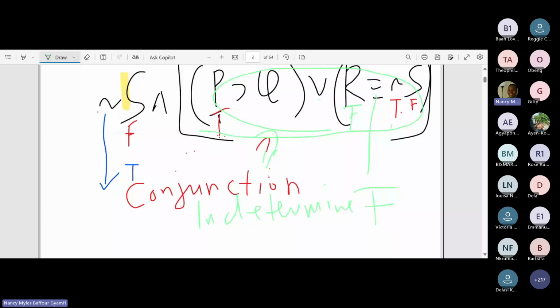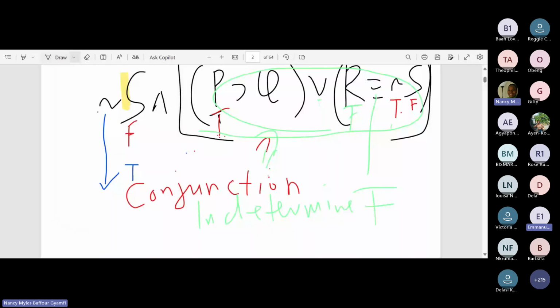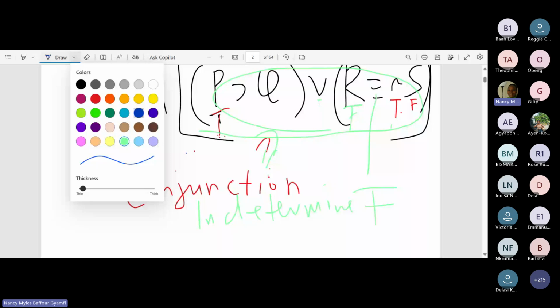Now, what is the rule for a disjunction? Disjunctions are like either-or statements. If I make an either-or statement, the only time that statement will be false is when none of the alternatives I've given come true. I've given you two alternatives: either I am in class or I am at church. You go to class, I'm not there. You go to church, I'm not there. Then what I said is false